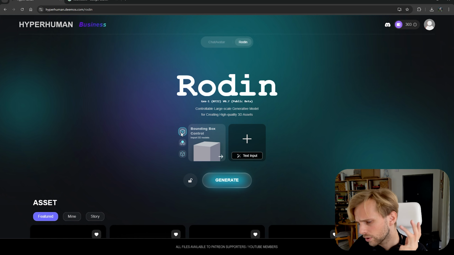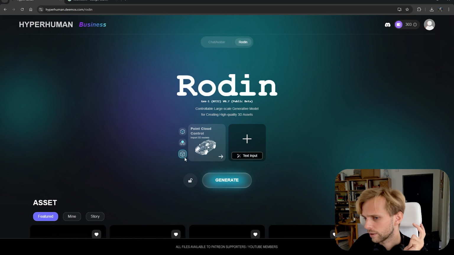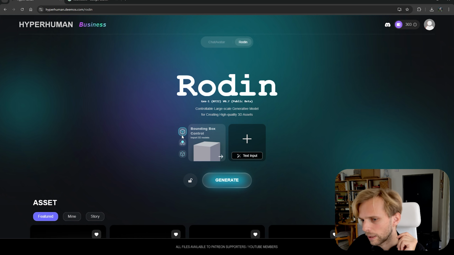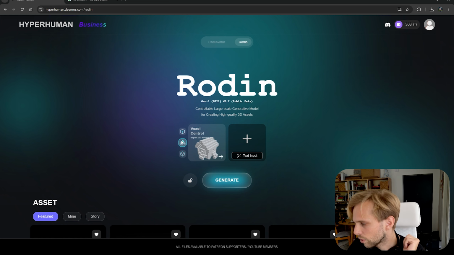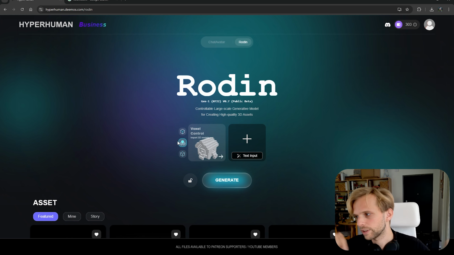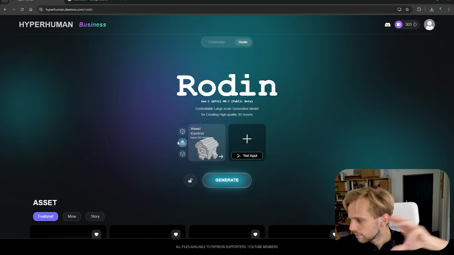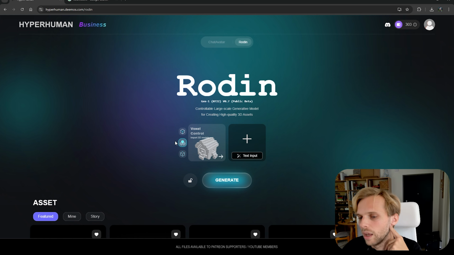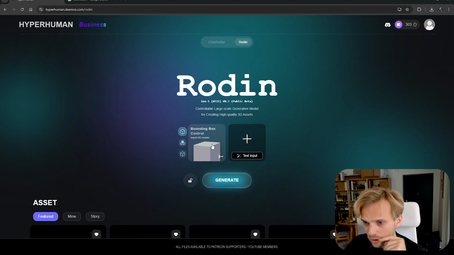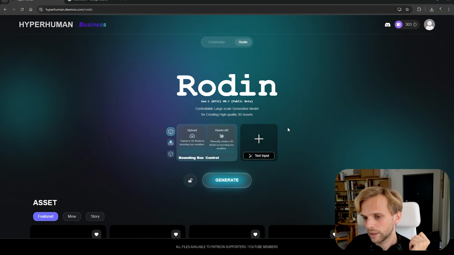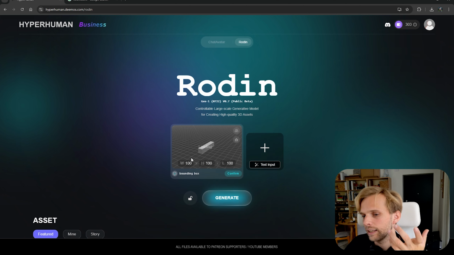You have the bounding box control, you have the voxel control, and you have the point cloud control. I will cover bounding box and voxels. Point cloud control is basically the same thing as voxel control. It's just that you're using vertices rather than using a specialized bounding volume. For bounding box control, I can just click here and go to handcraft, and here I can